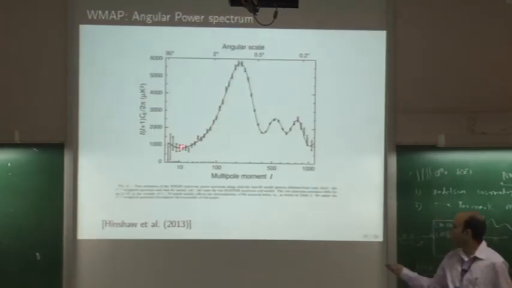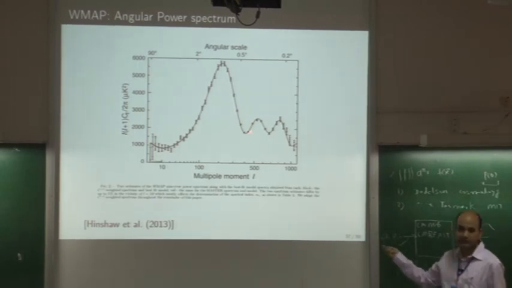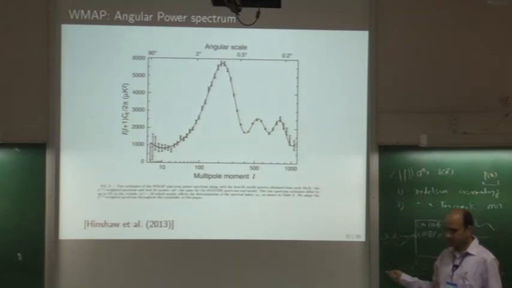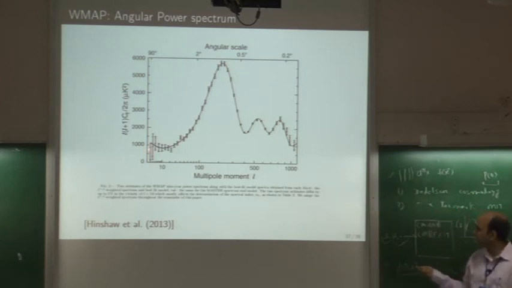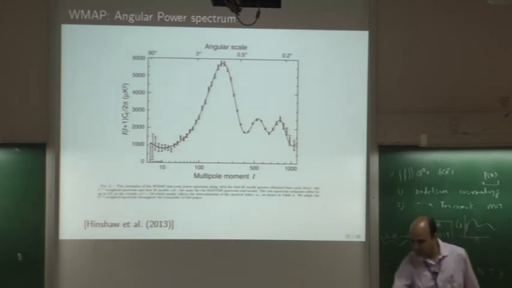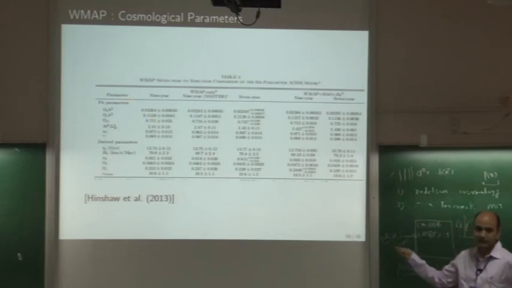From that map, you actually get this power spectrum. These data points are from the WMAP 9-year data, and this smooth curve is a theoretical model, the best fit curve. We can sort of reverse engineer this and ask what the parameters are for this best fit curve. These parameters affect the C_l, and then we get the best fit parameters. We get this summary table, where omega b h squared is this one, omega c is this.